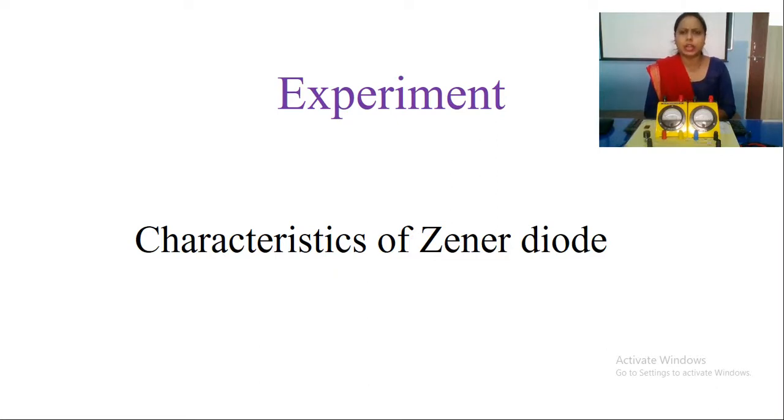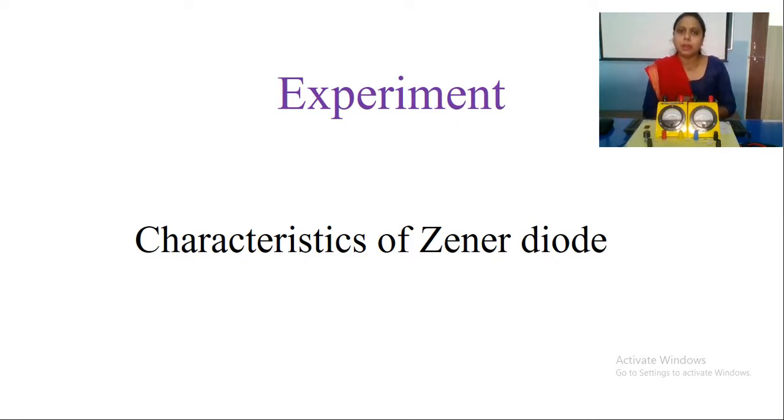Firstly, in short, I'll tell you what a Zener diode is. A Zener diode is a type of PN junction diode. A PN junction diode will not work in reverse bias condition. Now, what is reverse bias condition? You have to know that. In reverse bias condition, the PN junction diode does not carry current, or a very negligible current flows through it.